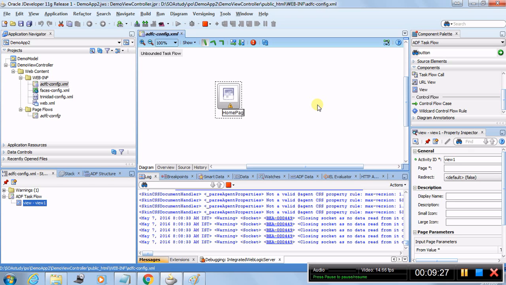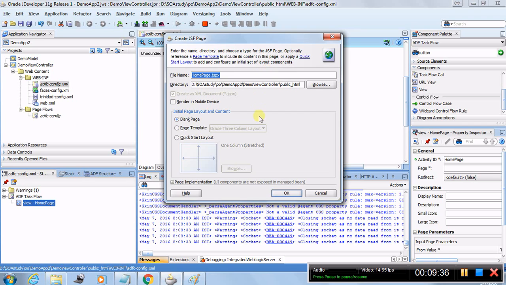So let's name this as home page. Okay, so I have named it as home page. Right now it is a prototype. The page is not created. To create the page, you have to double click it, and once you double click it, this wizard comes in